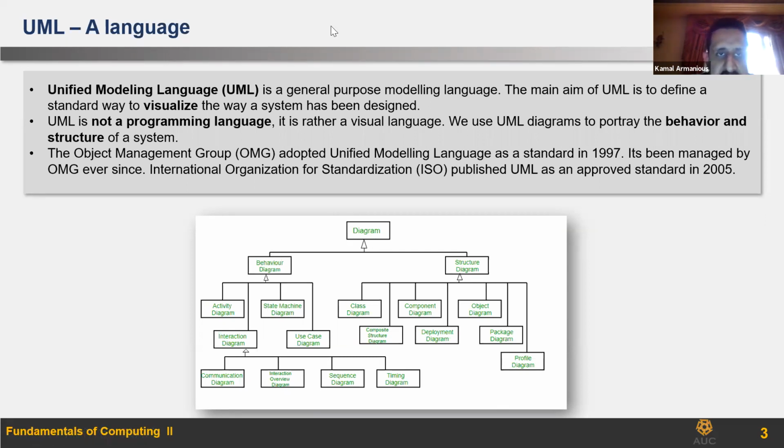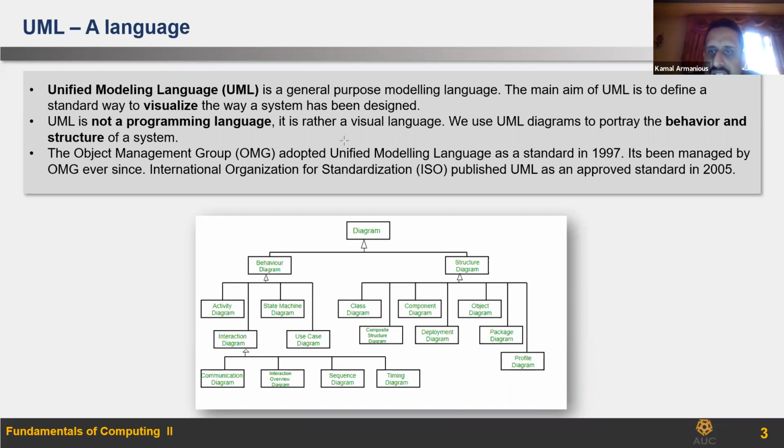And as I said, in other courses, you will be focusing on many other diagrams. So a class diagram, the name implies that it is describing classes. I forgot to tell you that Unified Modeling Language